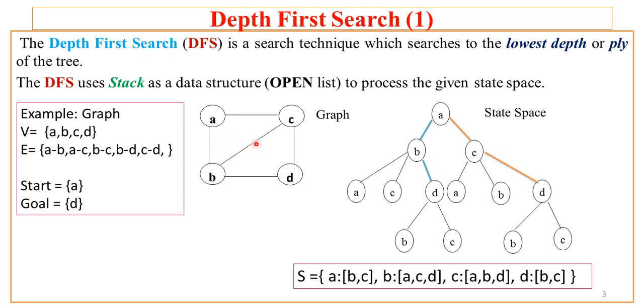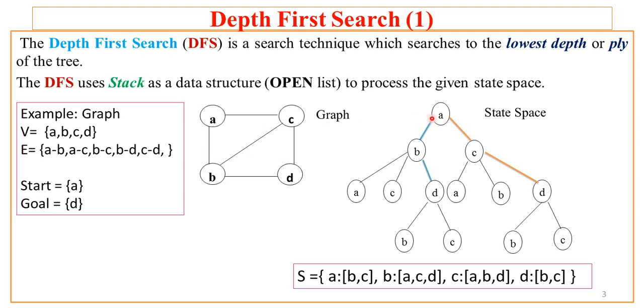Now in this case the graph is very simple because it will iterate for less number of times and it will be easy for you to understand. That's why I have taken a very small graph, but you can explore this DFS on any given larger graph. Now how to explore the state space for this 4 node graph with 5 edges? So this is the state space.